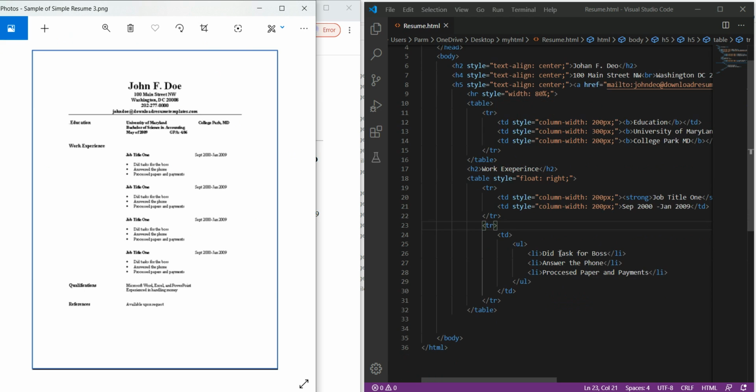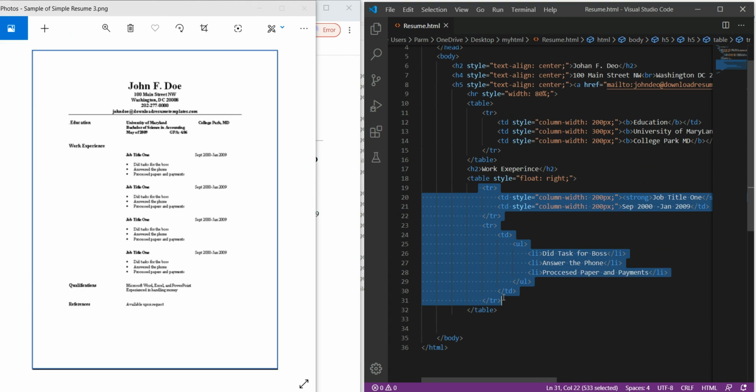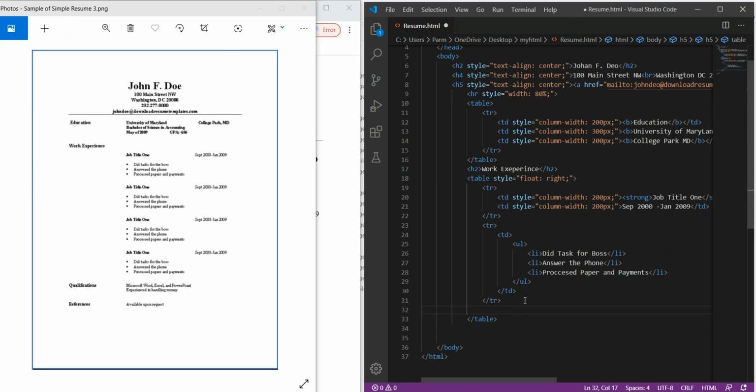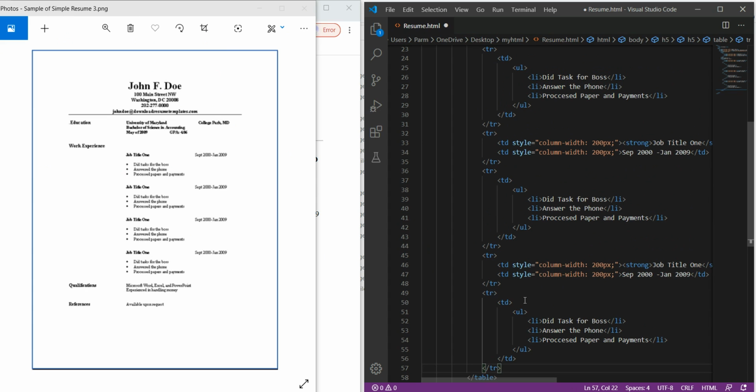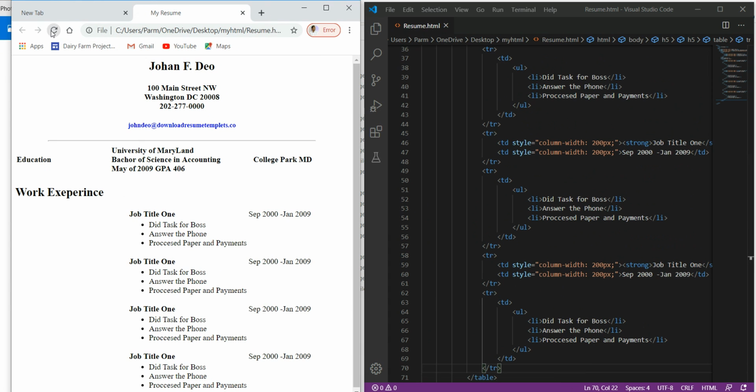So what we do, we will copy the same thing instead of writing again and again. From this point to this point I will copy, using control C. So control C one time, then control V second time and control V third time, and I will save it and I will see the changes over here.